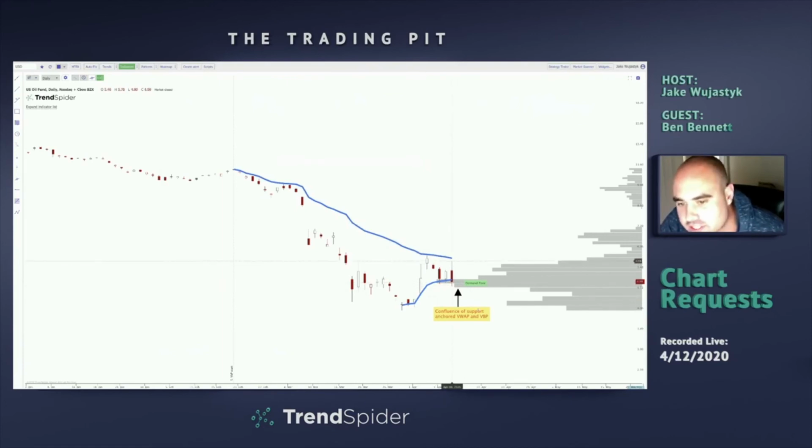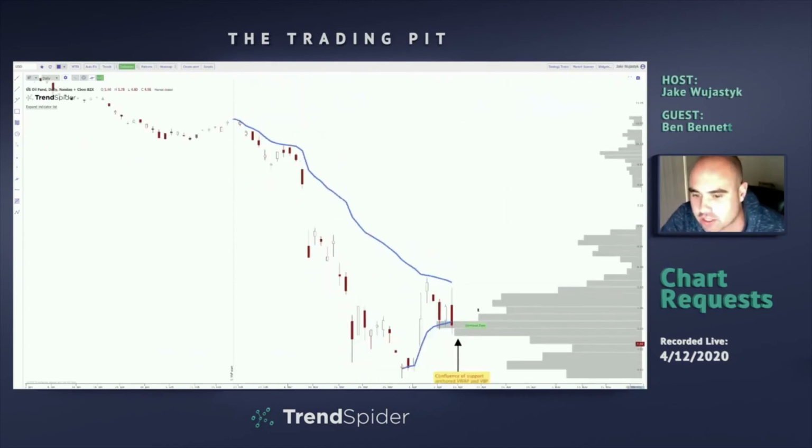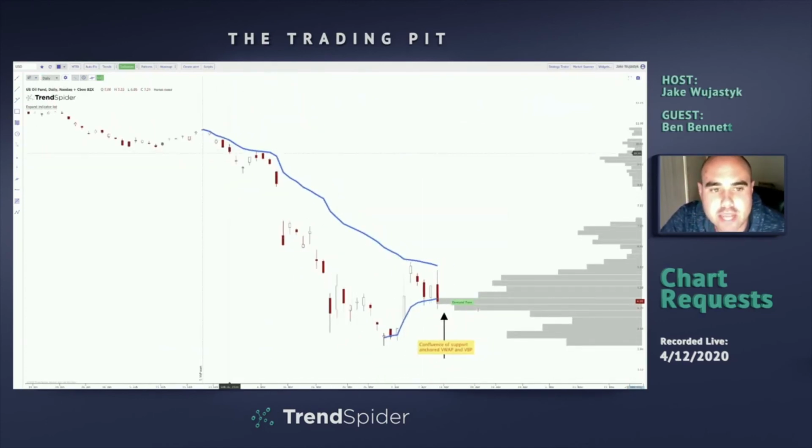And we'll have to see if we get back to test this anchored VWAP from the February 20th high. Remember, as I mentioned in the video this weekend as well, just because we anchored the volume by price on the February 19th on SPY and the Qs, we did that because that was the reversal point. That was the highest point before we rolled over. February 20th was the highest point before we rolled over on USO, and so that's why I'm anchoring it from that point rather than the 19th.